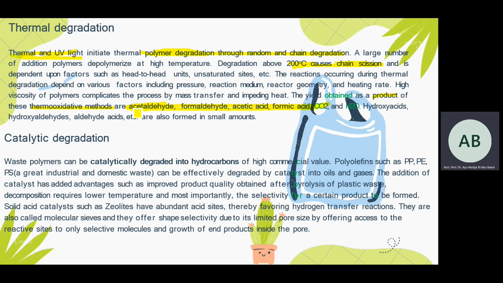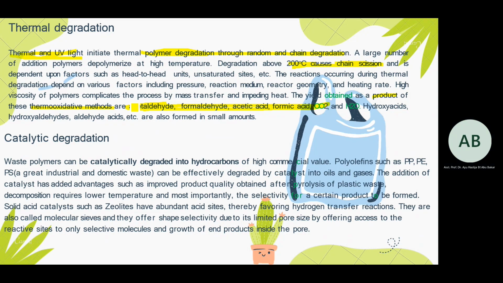Apart from that, in my opinion, that plastic waste is to be used in this kind of chemicals production, because perhaps in Malaysia we are not producing enough of these chemicals in large amounts, where they can use plastic waste,